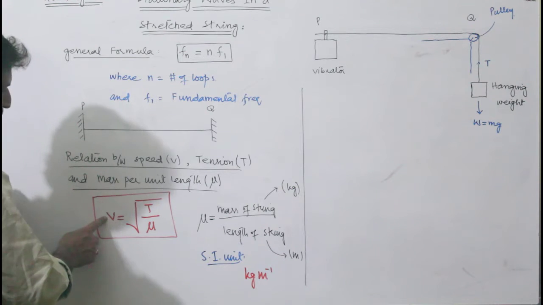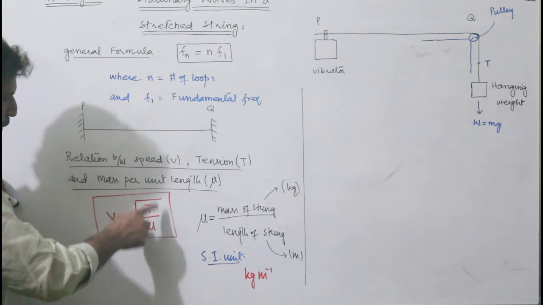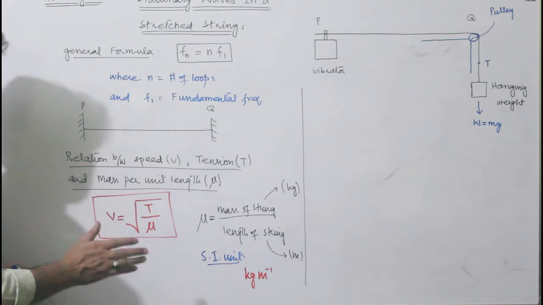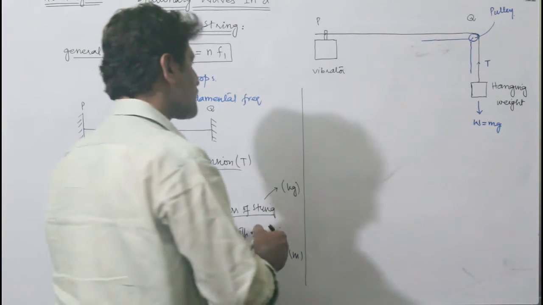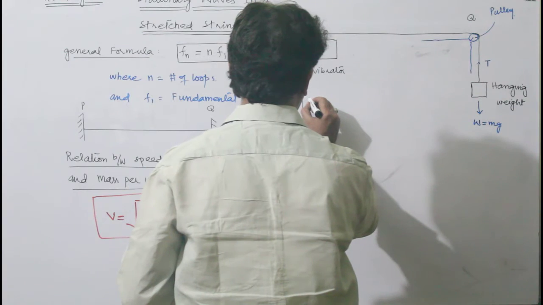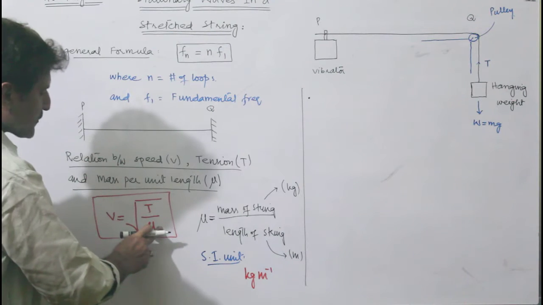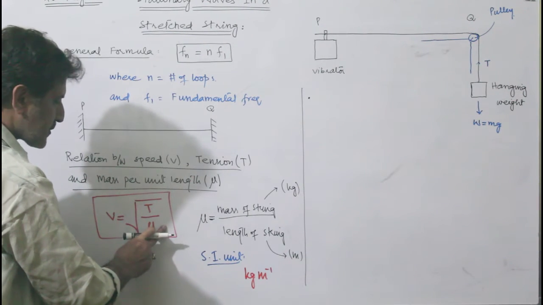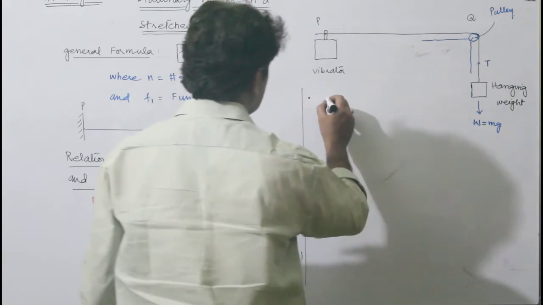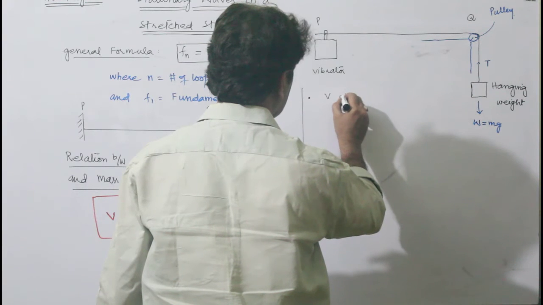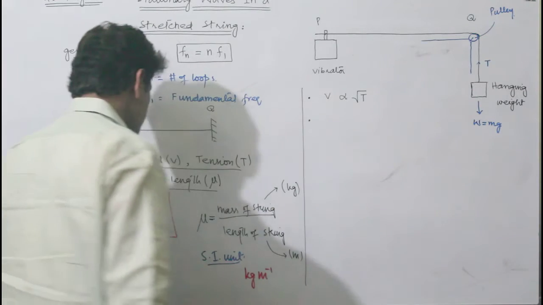Now it is the formula by which we can relate the wave speed, the tension in the string, and the mass per unit length. According to this formula, and students, the derivation is not in our syllabus, we will discuss only the formula and the relation between the quantities. According to the formula, if we take the constant cross-sectional area of the string, that means the constant mass per unit length of the string, there is a direct relation between the string and the tension. So we can write here the V is directly related to the tension in the string,